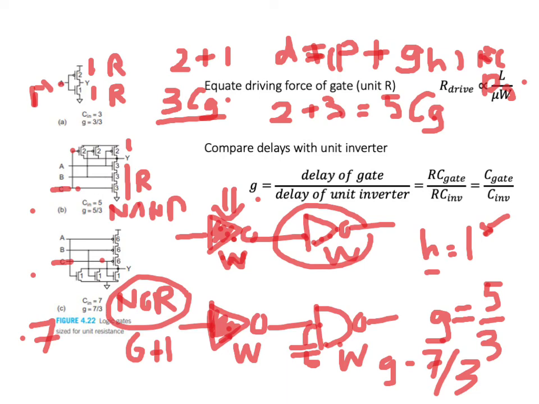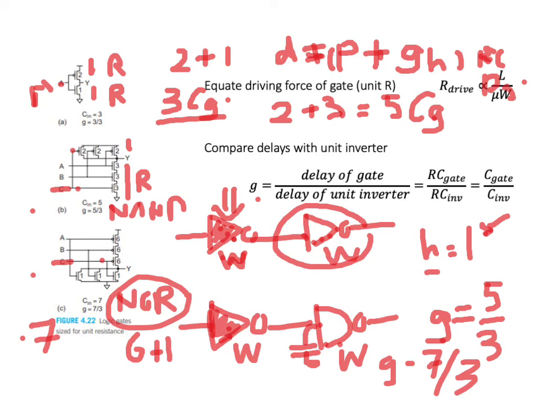The value of P is a property of the logic gate itself. It does not change with width W. That means if you are comparing a NOT gate with a NAND gate, the intrinsic delay of a NAND gate trying to make an output rise or fall transition will be longer than the intrinsic delay of the NOT gate to make an up or down transition by a factor of P.